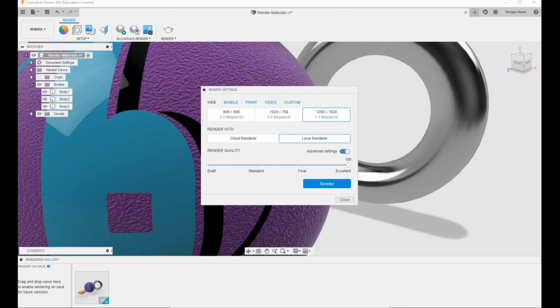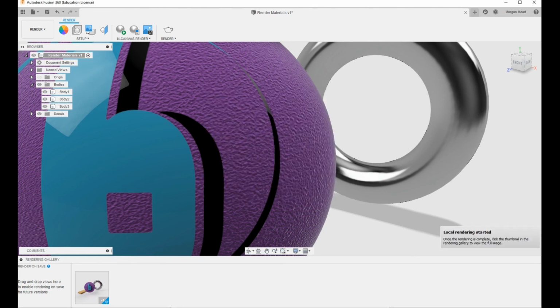I'll tell you how long this takes. Okay, so this render has now taken about 25 minutes, and like I said before, my computer is fairly decent,